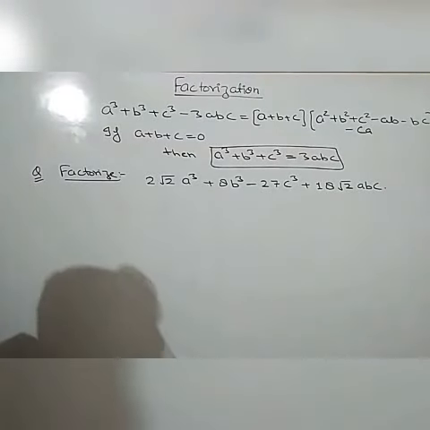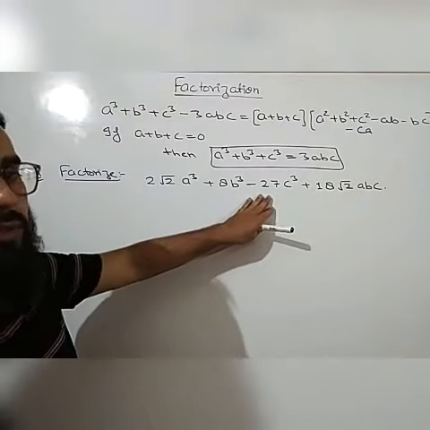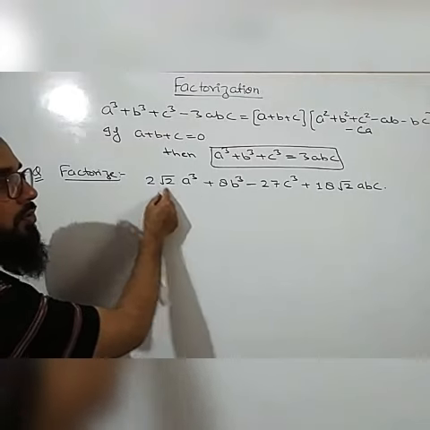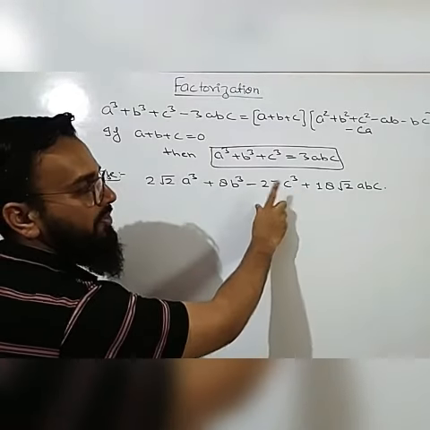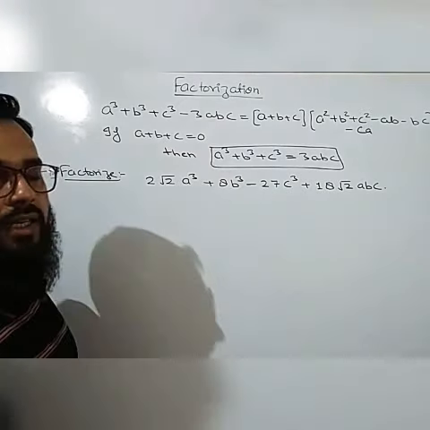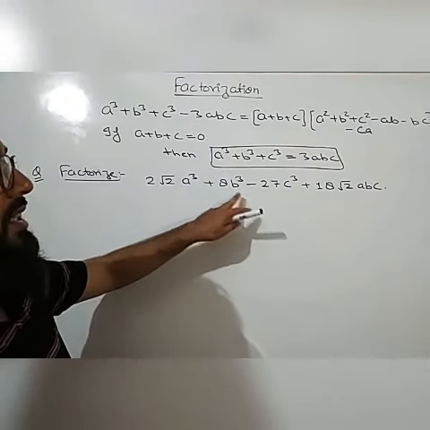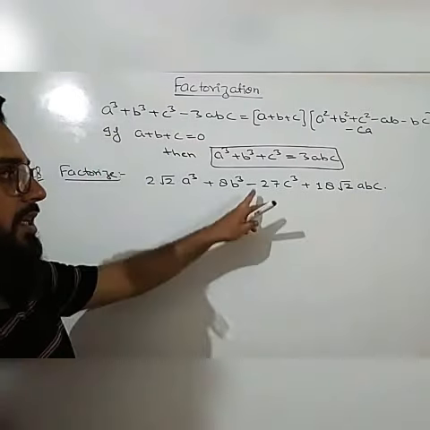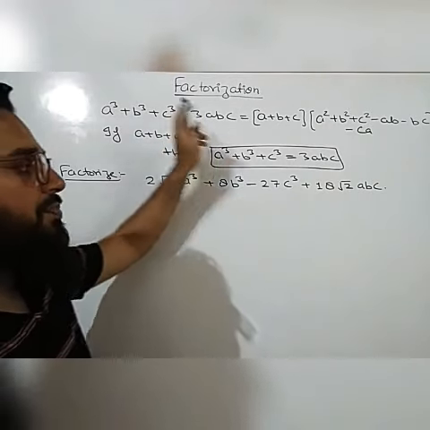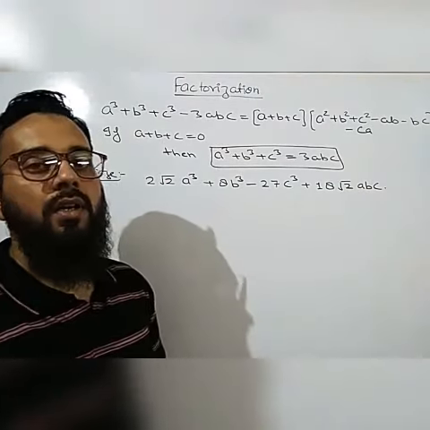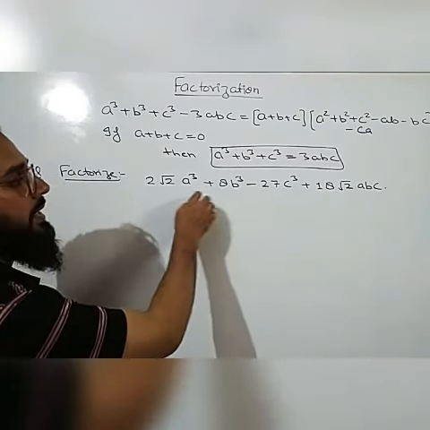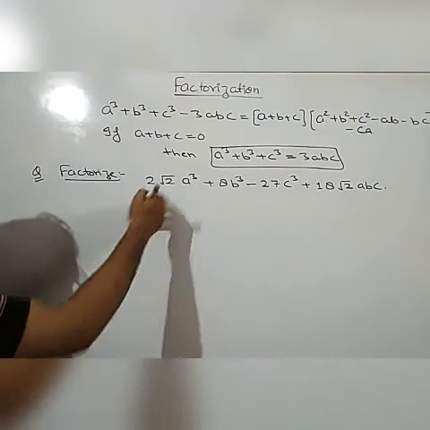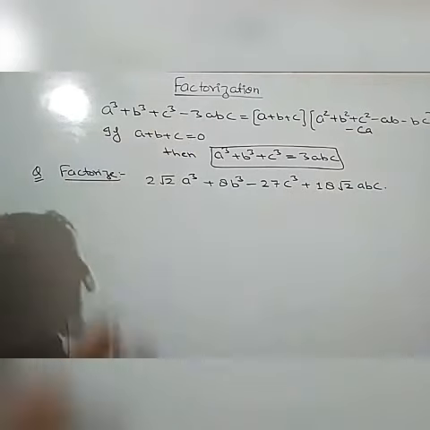As we have already discussed in our previous video, for solving such problems, first we check the terms of cube. Here it is a cube with 2 root 2, b cube with coefficient 8 and c cube with coefficient 27, but there is a minus sign. We know in the identity there are a cube plus b cube plus c cube, all three signs positive, but here it is negative. And in the identity it is minus 3abc, but here it is plus abc. So first we will arrange the terms in such a way that it is in comparison with the given identity.